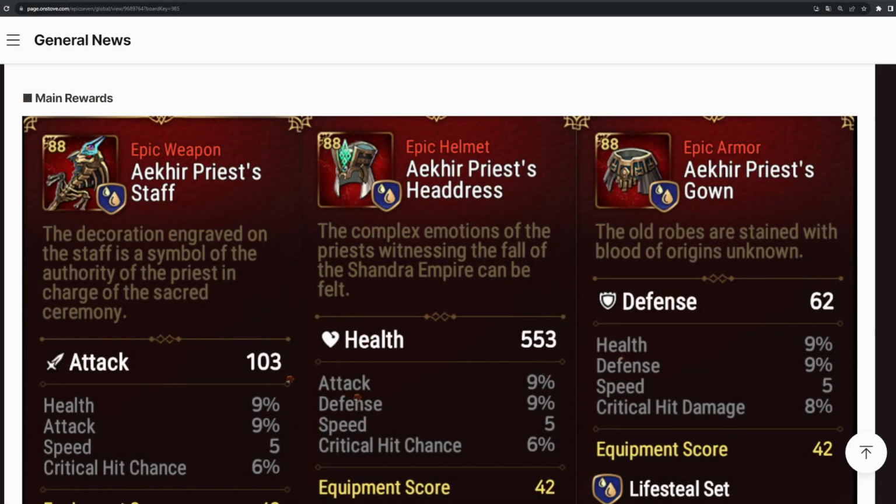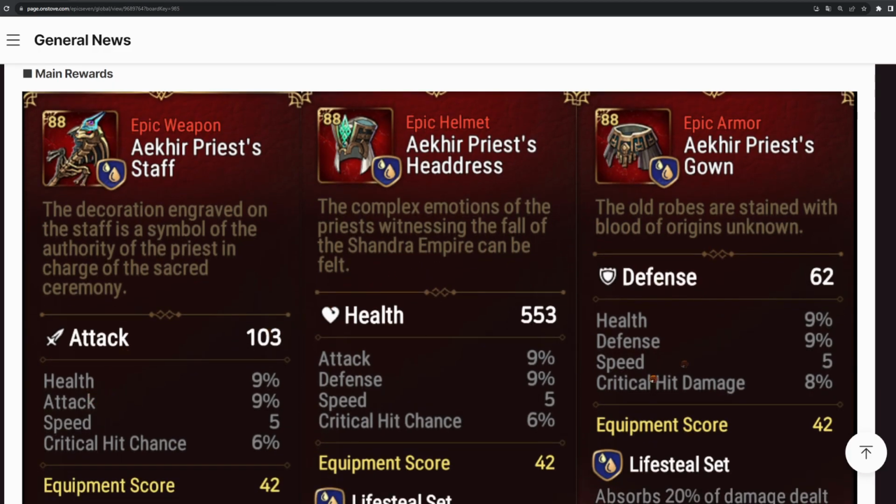We can see right here the left side gear is all Lifesteal, and on the substats you do have speed substats on all 3 of them, which is great, and some more offensive stats such as attack percentages, critical hit chance percentages, and critical hit damage. The only thing I would probably change on these 3 pieces of gear will be the health percentage on the chest piece, just because whenever you're dealing with these Lifesteal characters, you don't really need that much health,